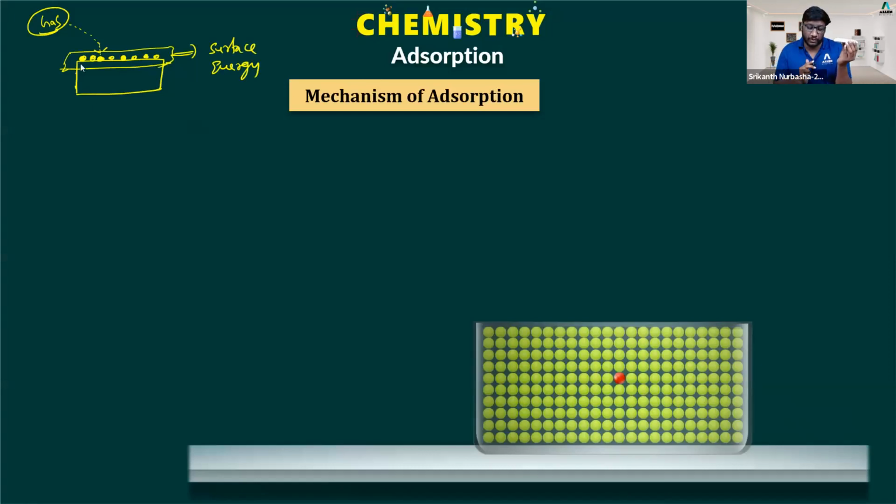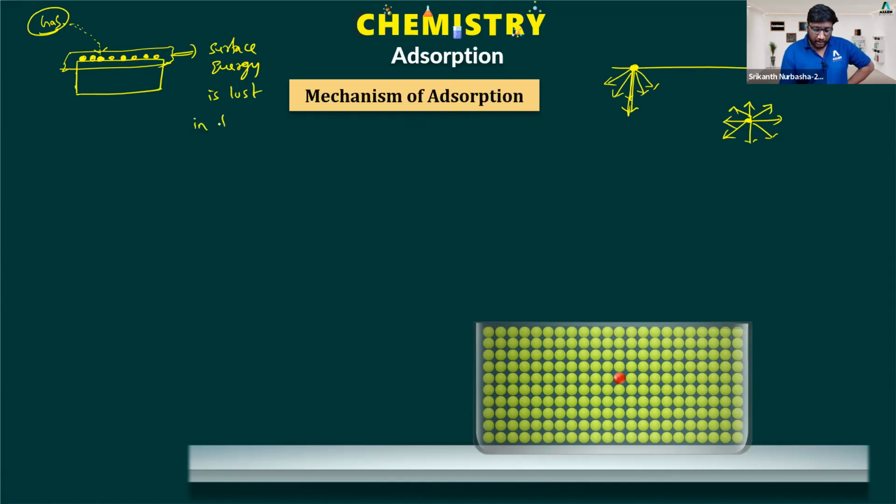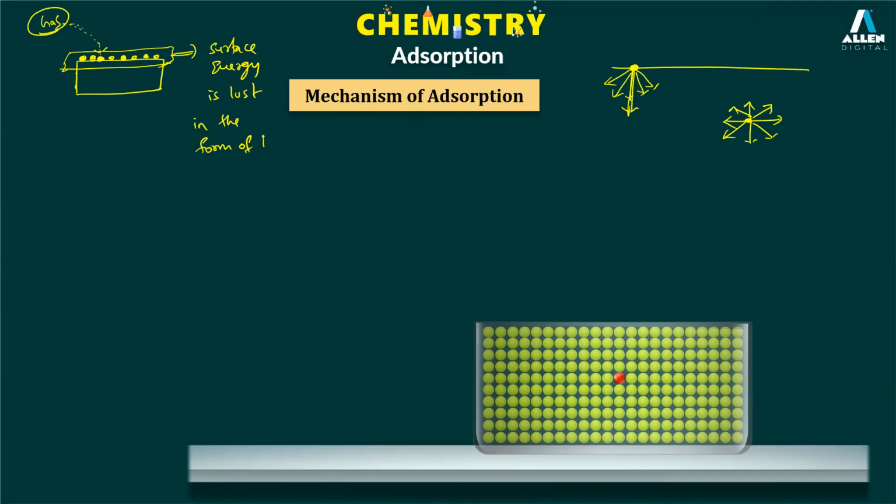Why? Because the molecule inside the bulk is surrounded by equal forces in all directions, whereas the molecule on the surface only has force of attraction in the downward direction. So the net force of attraction on the molecule on the surface is down. But can the molecule on the surface go into the bulk? No, it can't go because of immediate repulsions. So on the surface, we have surface energy. Because of adsorption of some gas or adsorbate on the adsorbent, the surface energy is lost in the form of heat. So delta H is